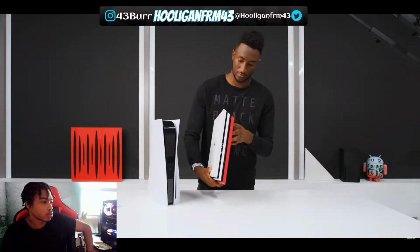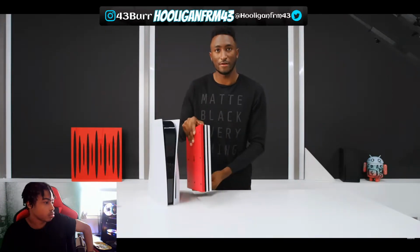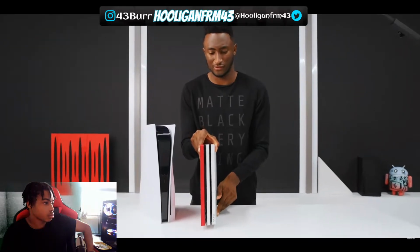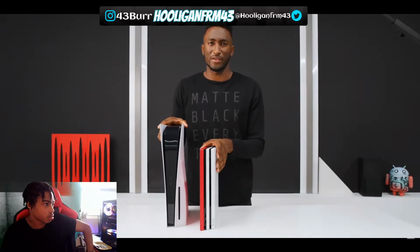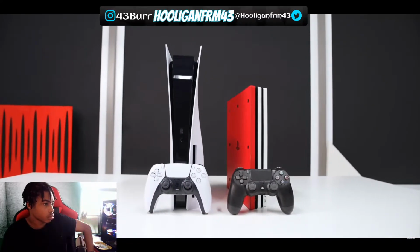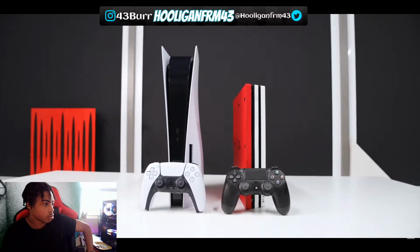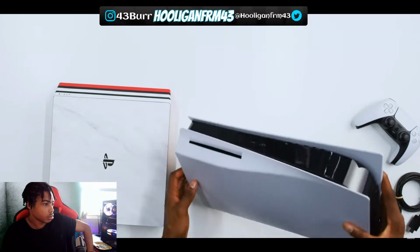PS4 Pro. It's got a dbrand skin on it, but this is the size of the console that I've been using. It's definitely slimmer. And just this monolith, oh, it's heavier too. The PS5 is heavy. And it's definitely going to be taller, wider. It's bigger in every dimension, and it's heavier. And I guess it really depends on what underneath your TV looks like, about whether this height difference will matter